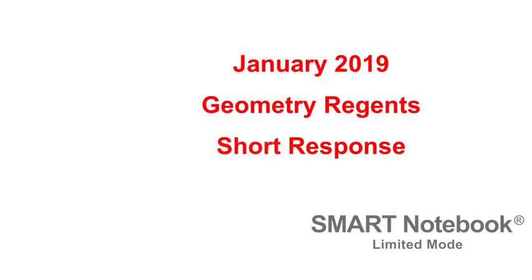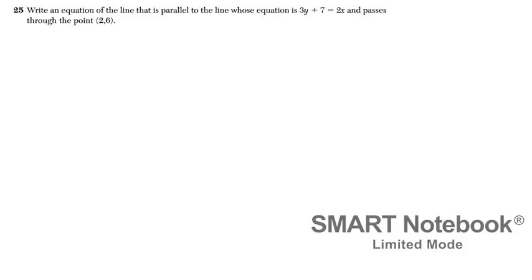All right, this is the video answer key for the January 2019 Geometry Regents short response. So questions 25 through 35, your 2, 4, and 6 pointers. We'll jump right in. Number 25 said to write an equation of the line that's parallel to the line whose